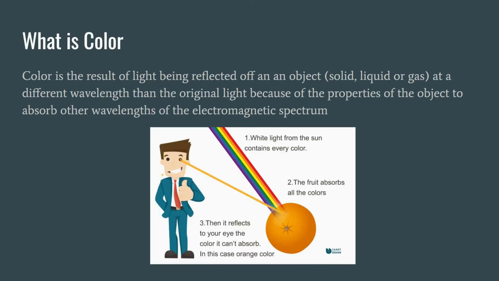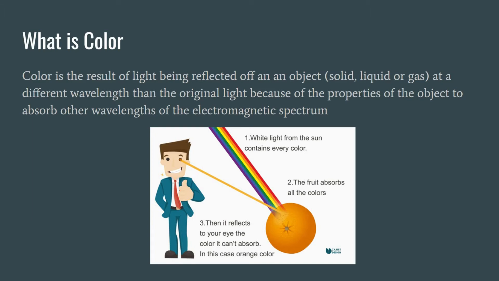What is color? Color is the result of light being reflected off an object, solid, liquid, or gas, or whatever, at a different wavelength than the original light because of the properties of the object to absorb other wavelengths of the electromagnetic spectrum. Meaning,